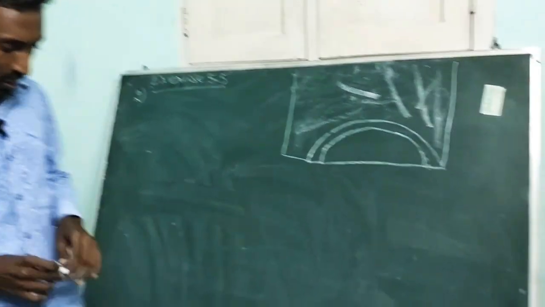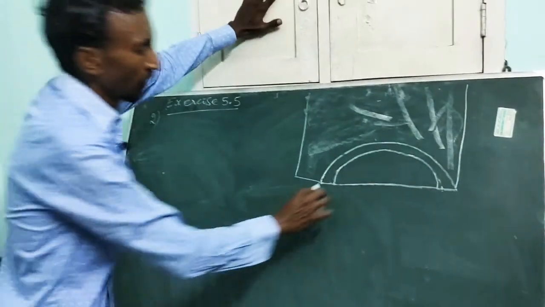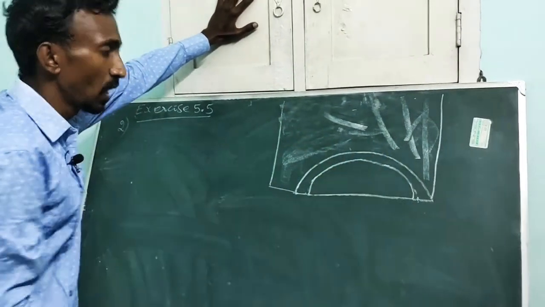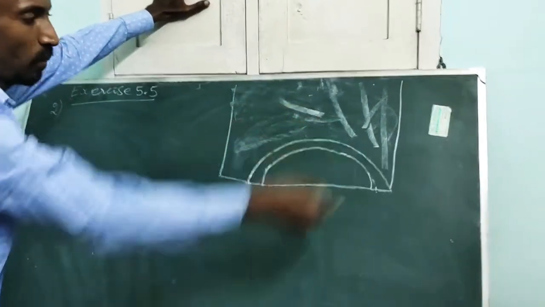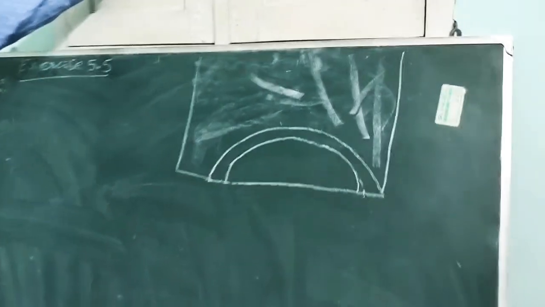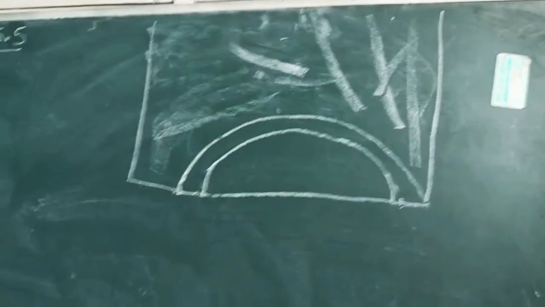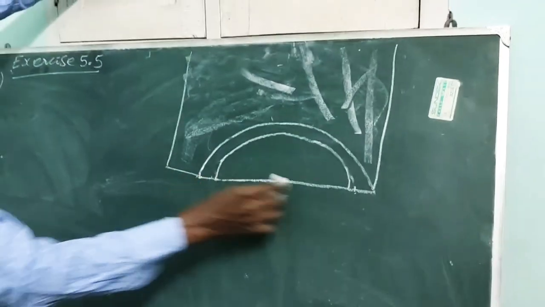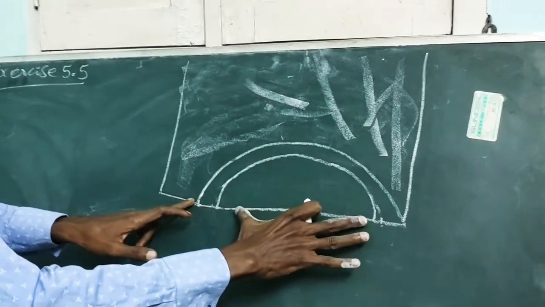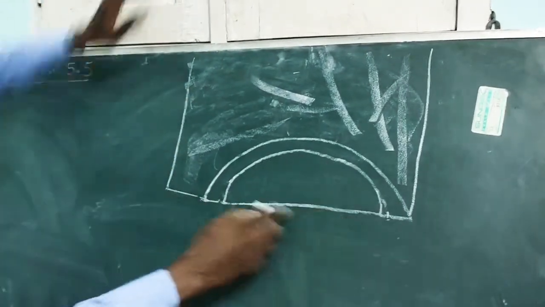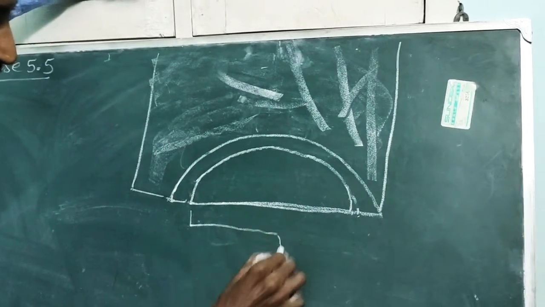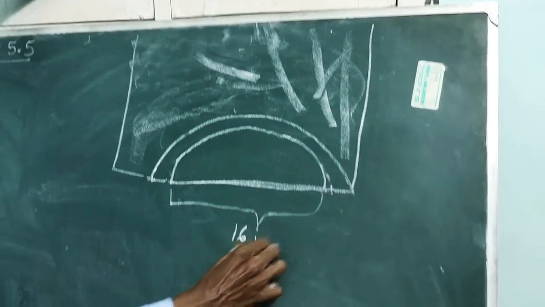The question is, a tunnel through a mountain for a 4-lane highway is to have an elliptical opening. So the opening of the tunnel is in the elliptical shape. Don't confuse it with the parabola opening downward. It is elliptical in shape, clearly given in the problem. The total width of the highway: the road is not through the whole opening, it is restricted between the two. So this roadway length is given as 16 meters.